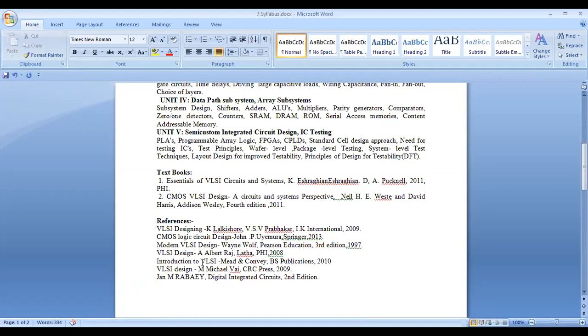And this, of course, is a very pioneering textbook. Introduction to VLSI Systems by Mead and Conway is a pioneering textbook. Right in the beginning, those who started the research have written this book, and I think one or two copies are there in the reference section. If you are very much interested, you can go through that. And Jan M. Rabaey's book is also useful for memories and the fourth unit.